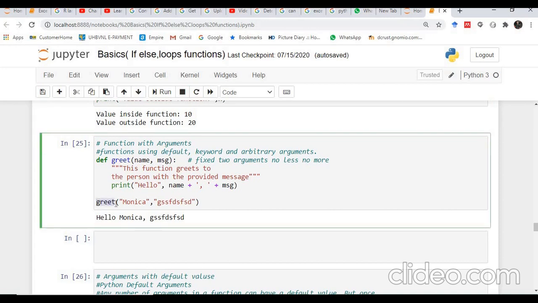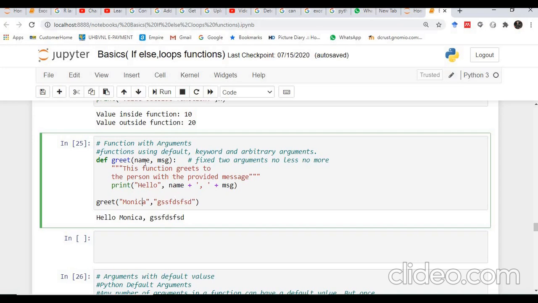When we make a call to this function, we have to pass two parameters, and the values passed at the call time will be assigned to the parameters in the definition as per their positions. Monica is at the first position and the message is at the second position, so Monica is going to be assigned to name, whereas the message is going to be assigned to msg. Okay, so their assignment will be in this way.